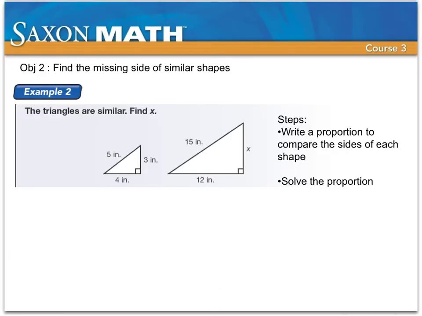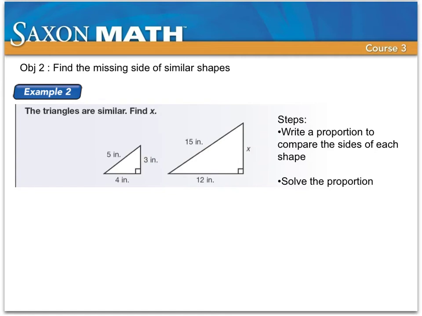Objective 2 is to find the missing side of similar shapes. So the steps are right over here. Make sure you get those written down. Example 2 says the triangles are similar. Find x. Well, if they're similar, that means I know that this side has to go with this side,